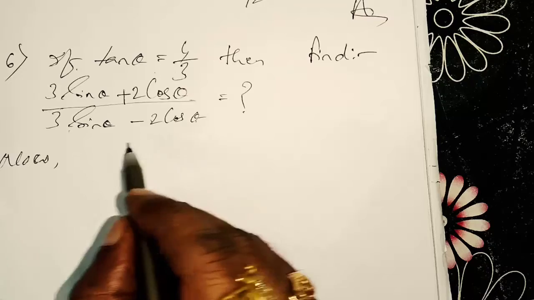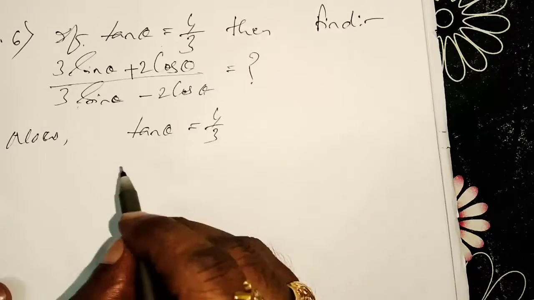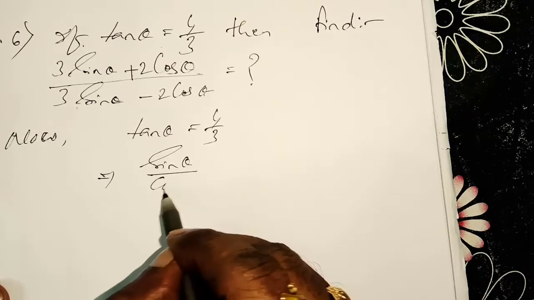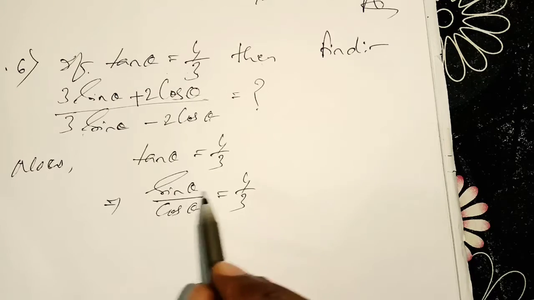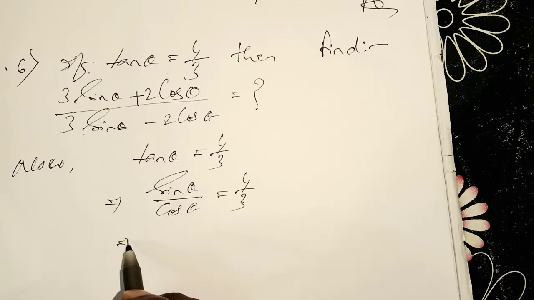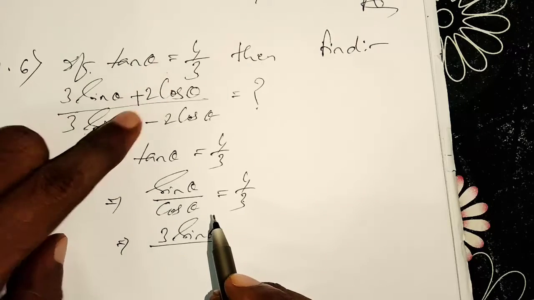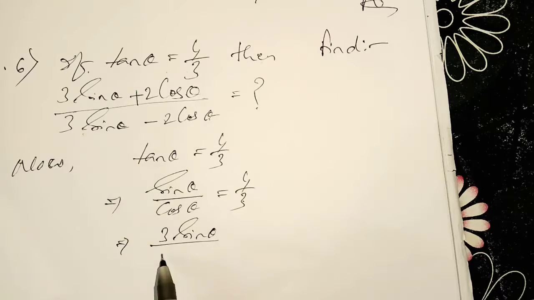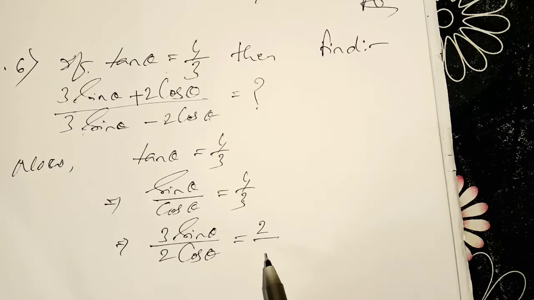Just see. Tan theta is equal to 4 by 3. Tan theta formula is what? Sin theta by cos theta. Sin theta by cos theta is equal to 4 by 3. Okay, and you have to find 3 sin theta. Do one thing here, multiply by 3 there. That means this will be 3 sin theta and you need 2 cos theta. Yes or no? Both numerator as well as denominator, 2 cos theta. From 4 you take 2 here, that is 2 cos theta. What is left here? 2 left and here 1 left.